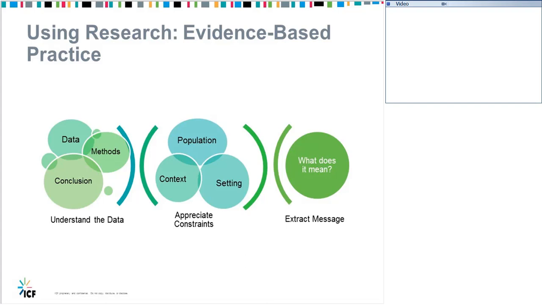Once you have it, and again, the SSRC gives you some shortcuts around whether or not you can trust the study, but if you find it somewhere else, the first question you have to ask yourself is, what are the data? What are the conclusions? What are the methods? Does this pass the sniff test? Does this make sense in terms of the question that was intended to be answered, the way that it went about being explored, and the conclusions that were reached?